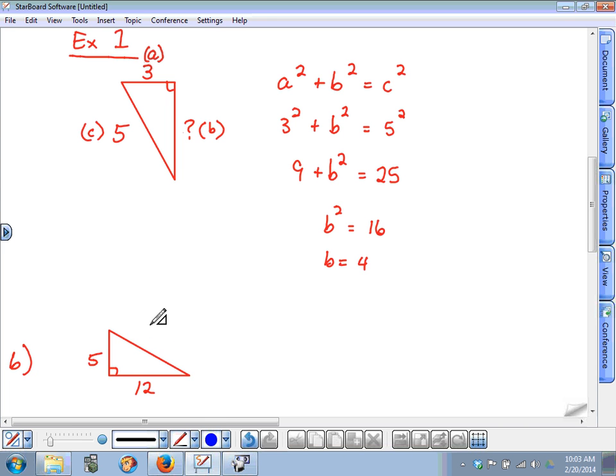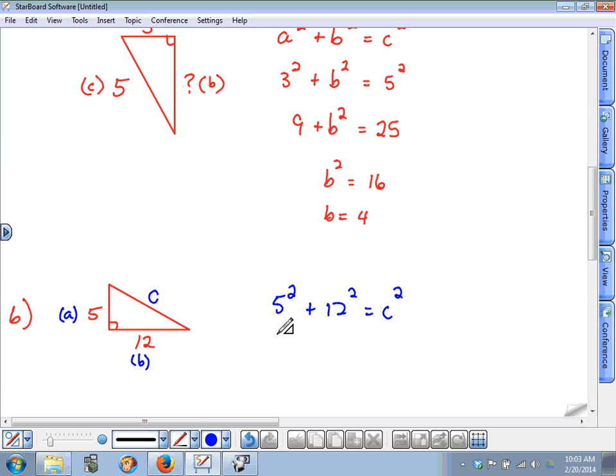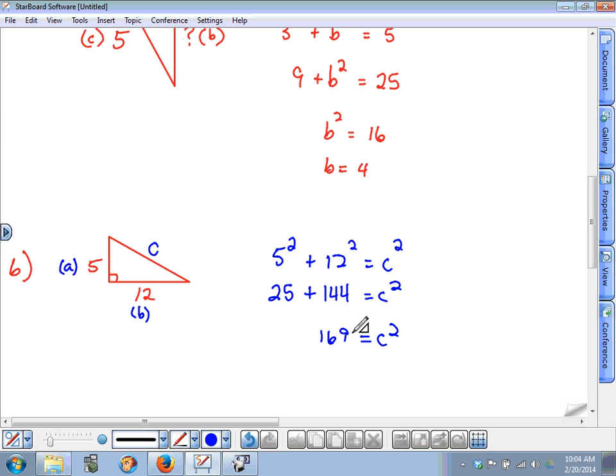Well, what side is this that we're searching for? A, B, or C? C. This has to be C. So that means we could let this one be A. We could let that one be B. So we have 5 squared plus 12 squared equals C squared. 5 squared is 25. That's 144. That still equals C squared. Add these together to get 169. That equals C squared. And then all you got is just square root. Square root both sides, and you get 13. Okay, just square root on your calculator. So C equals